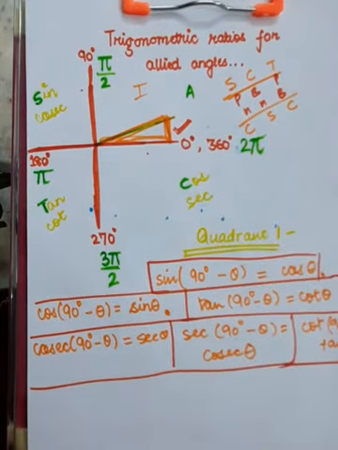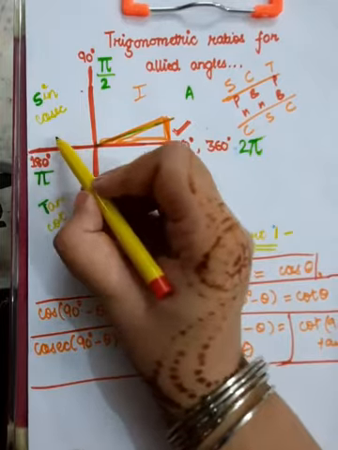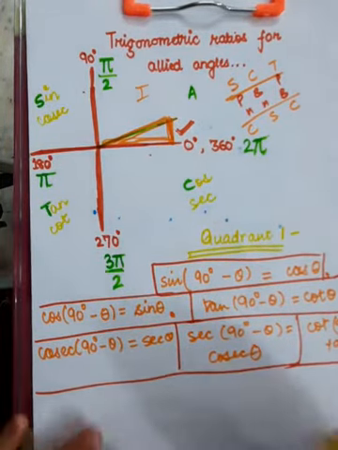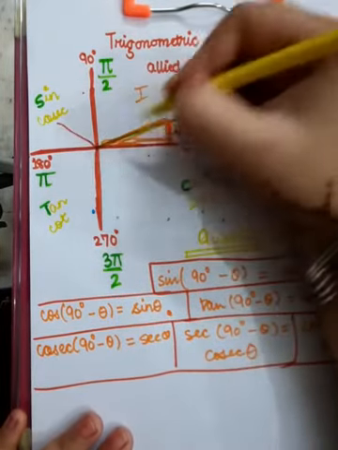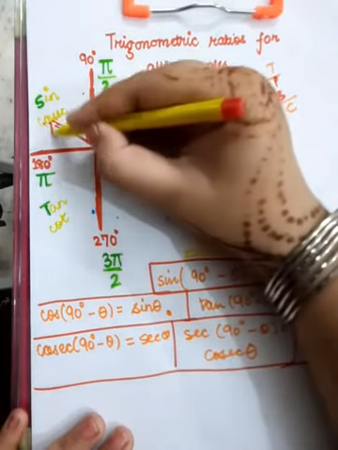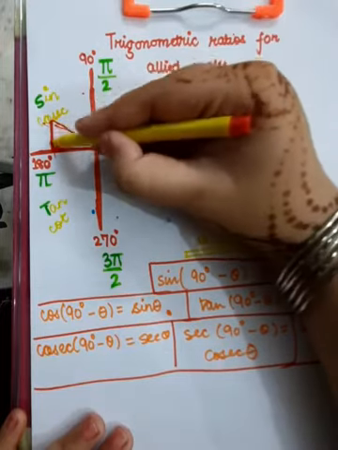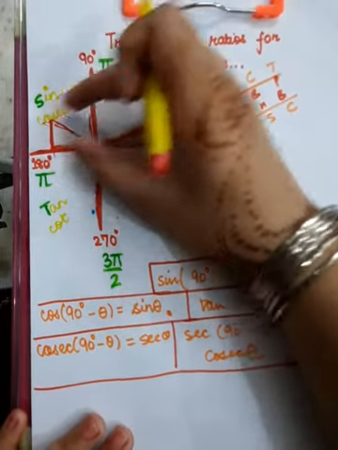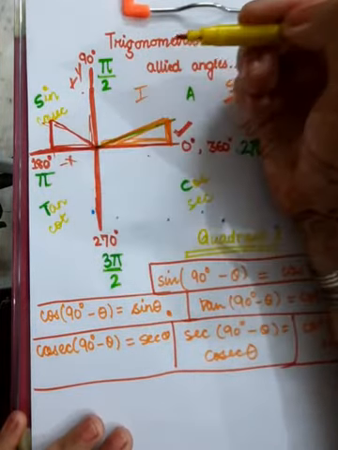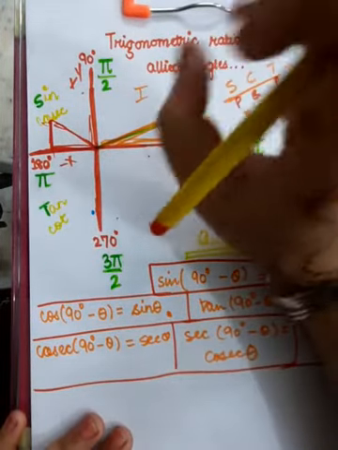Now talking about the second quadrant, if I say that sine and cosecant are positive in this second quadrant, how will I justify myself? Suppose this revolving line now comes to the second quadrant. Now this is the perpendicular that it has subtended, and this is the base that it has subtended. Can you see that the perpendicular is positive? It is referring to the positive y-axis, but the base is on the negative x-axis. So in the second quadrant, the base is negative, the perpendicular is positive.